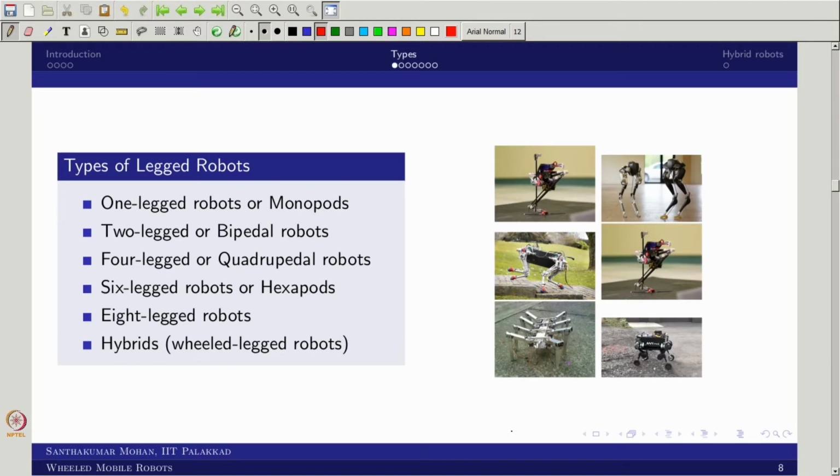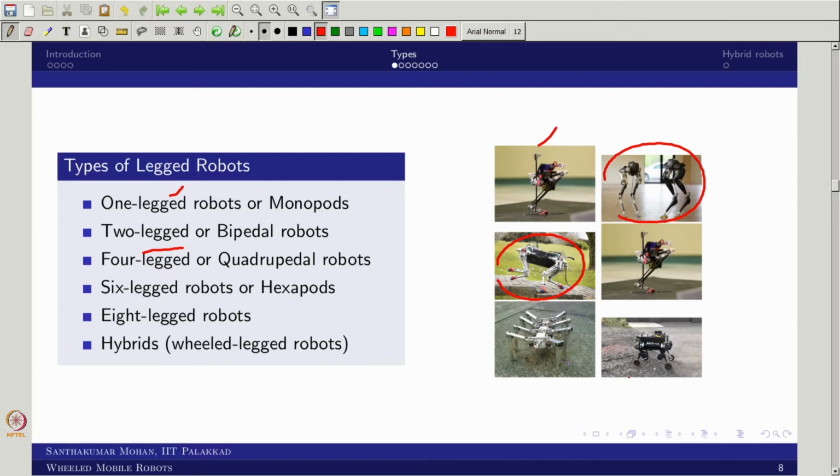Before that, the legged robot can be classified in several forms. We are classifying the legged robot based on the number of legs. If it is one leg like this, it is what we call a hopping robot. We simply call it monopod. Pod means leg, so monopod means single leg. Then this is 2 legs, which we call biped or bipedal, a 2 leg robot, and 3 legs is not common. Then you can see the 4 leg, which we call quadrupedal.